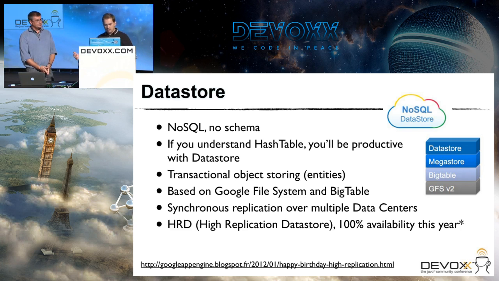Yep. And every layer actually adds some feature when it comes to replicating data, when it comes to providing consistency, providing transactions. We actually do provide transactions, and we have synchronous replication across data stores. And some of the things that were introduced a little bit over a year ago was something we call HRD, High Replication Data Store. It used to be a master-slave architecture, and now we have, after a year, on that piece alone, the data store, demonstrated 100% availability. That doesn't mean we'll have 100% for all of AppEngine, but certainly for that piece,